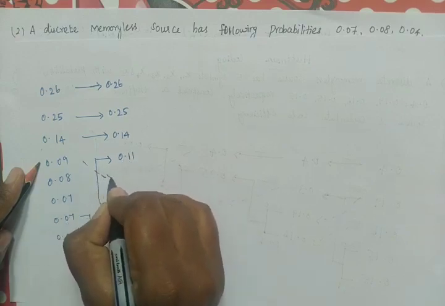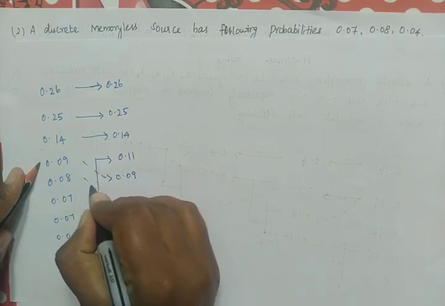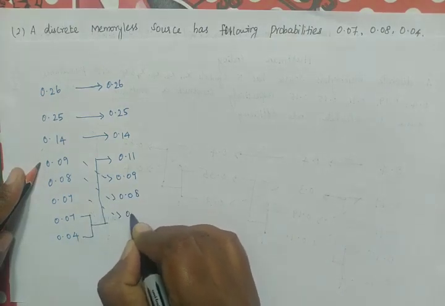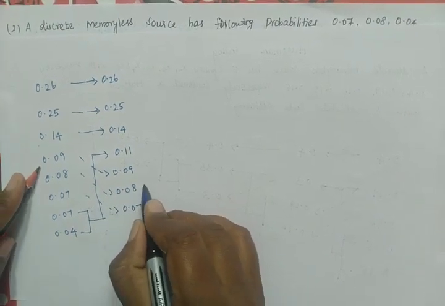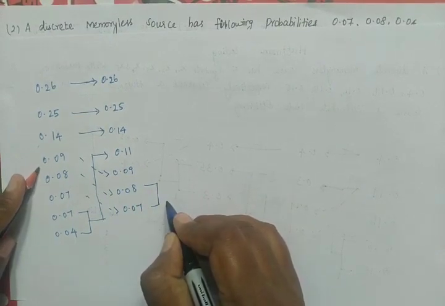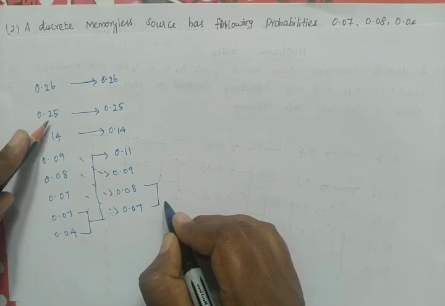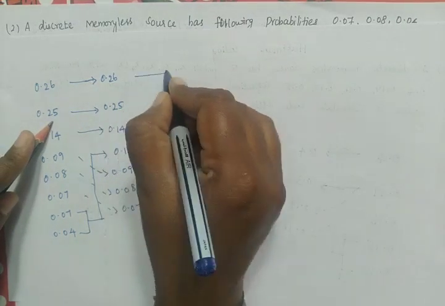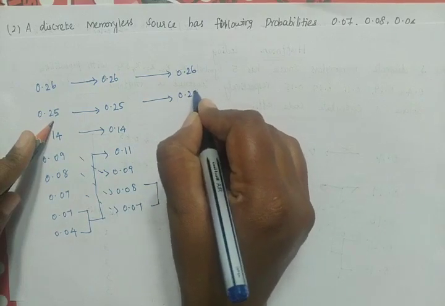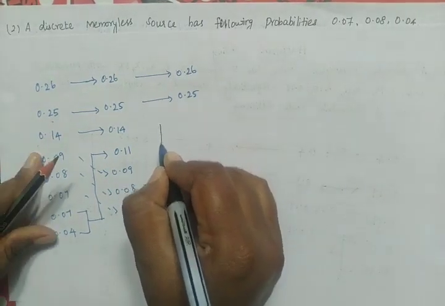Now take this 0.09, 0.08, 0.07. Now add this 0.08, 0.07, so that we will get 0.15. So here we will get that 0.15. So take this 0.26, 0.25, and now this will be